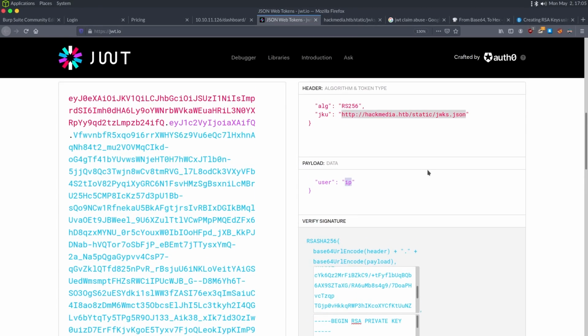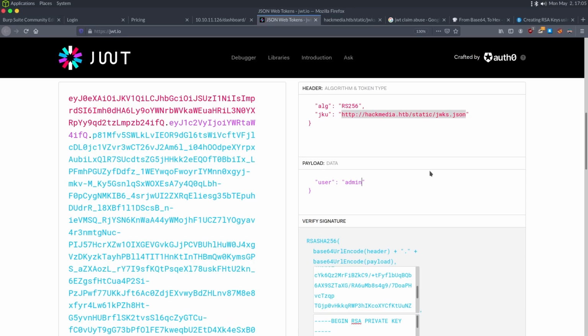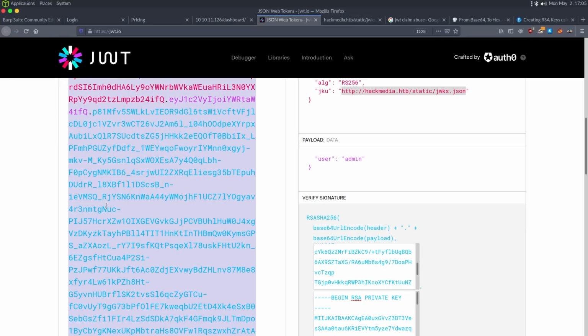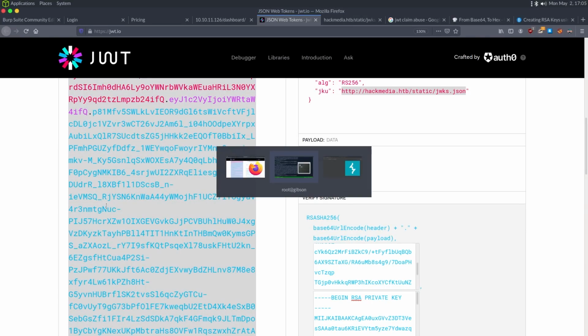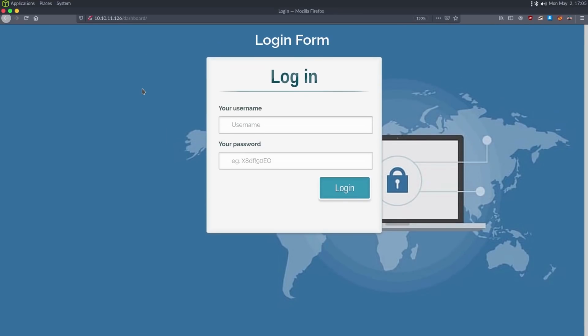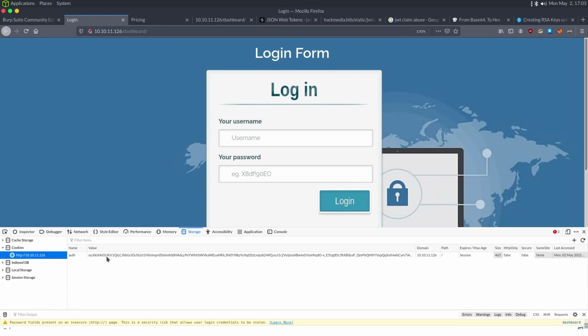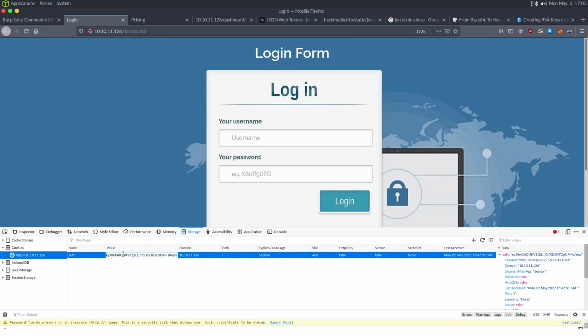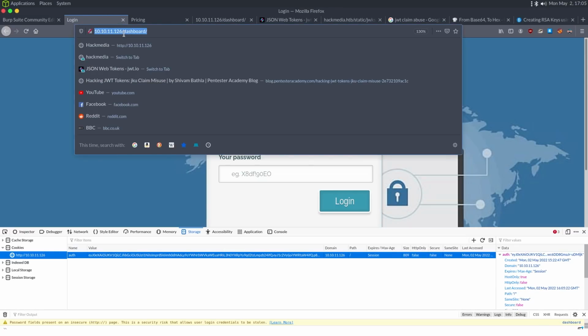So I can do user, and we can change a user to whatever we want. I'm going to change it over to admin because typically most web apps have a user called admin. And then we can copy this whole token and go back to our page. I'm going to do F12, and we're going to edit this auth. I'm going to change the value to be our new token. So now when I view it,